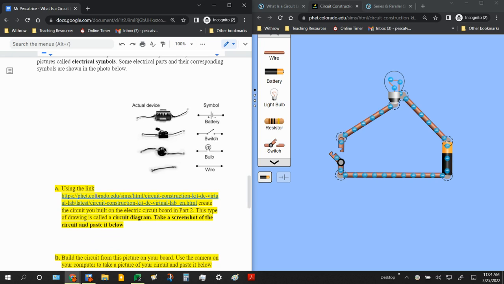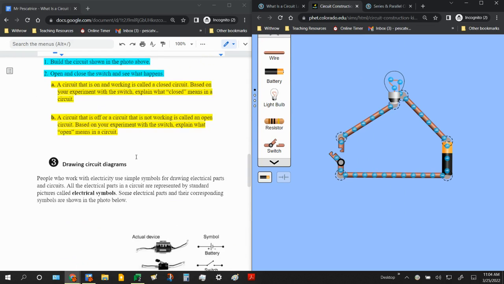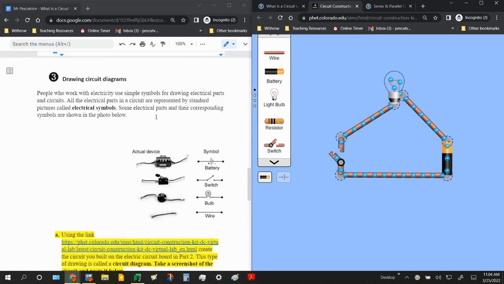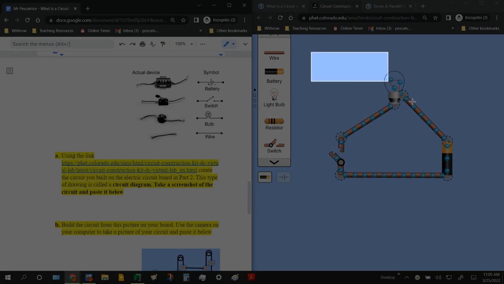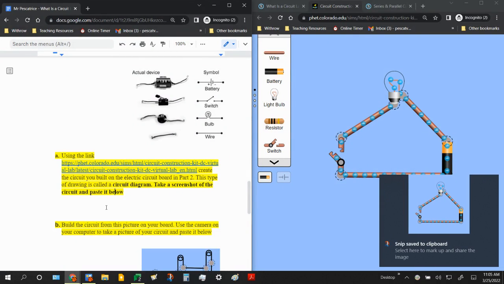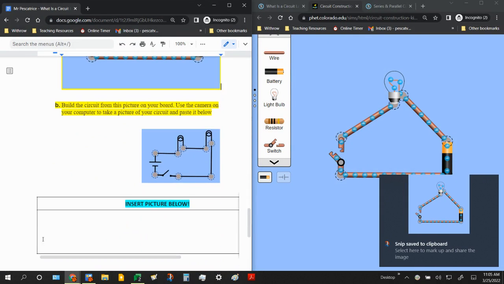So clicking on this link will take you to the exact same website I am on. So how about that? You can just take a screenshot of this because it's the exact same thing you built up here. So that's even an advantage to doing this online, is that you already have this one done. So Windows Shift S, take the screenshot, click and drag, find my screenshot, paste my screenshot, boom,